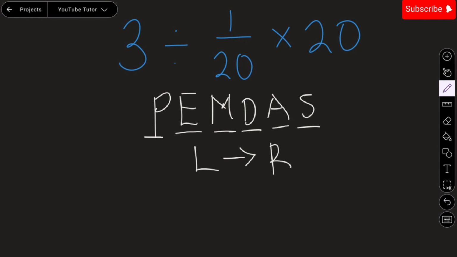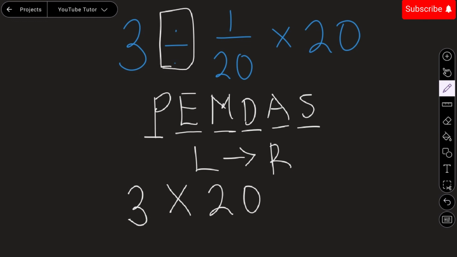So with this question, the division and multiplication have equal priority, so we solve from left to right. So with that, we have 3 divided by 1 over 20. We can rewrite that as 3 times 20. With division, what we know is when there is a division sign